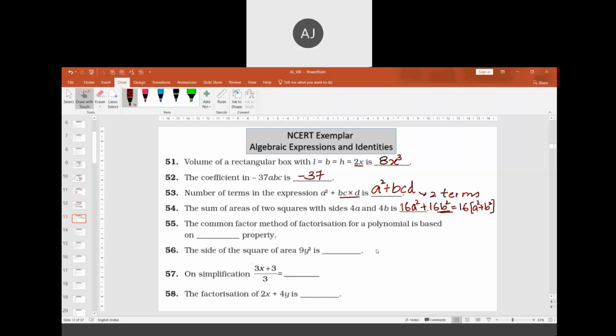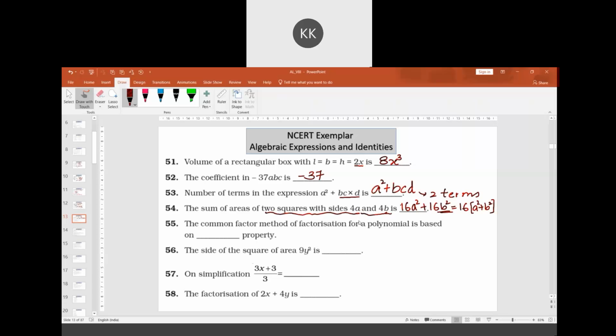Correct? We can write 32 AB because B also is there, no, sir. But both are same, no, sir. No, both are not same, no? One is having side as A, other is having side as B. Sir, but square has all sides equal. 4A is equal to 4B here, sir. 16 A square and 16 B square, sir. Abhinav, according to this, there are 2 different squares. The squares are different.